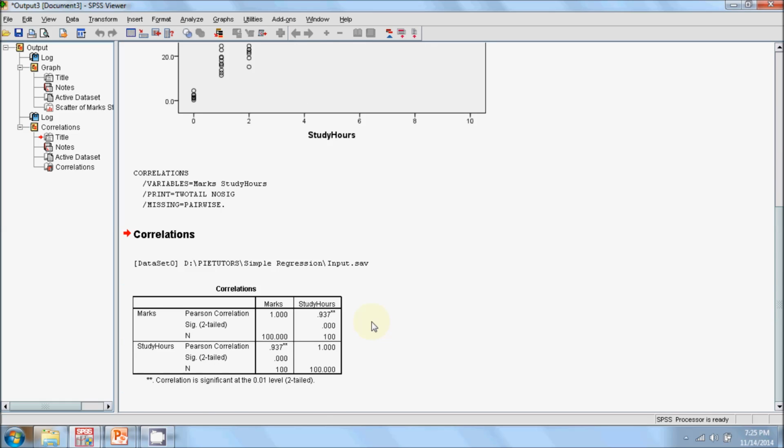However, using the correlation coefficient, we cannot estimate the impact of one variable on another. We cannot tell how much the marks in qualifying examination will change if the study hours for a particular student increases by 1. In order to estimate the impact of one variable on another, we are going to look at the regression analysis.